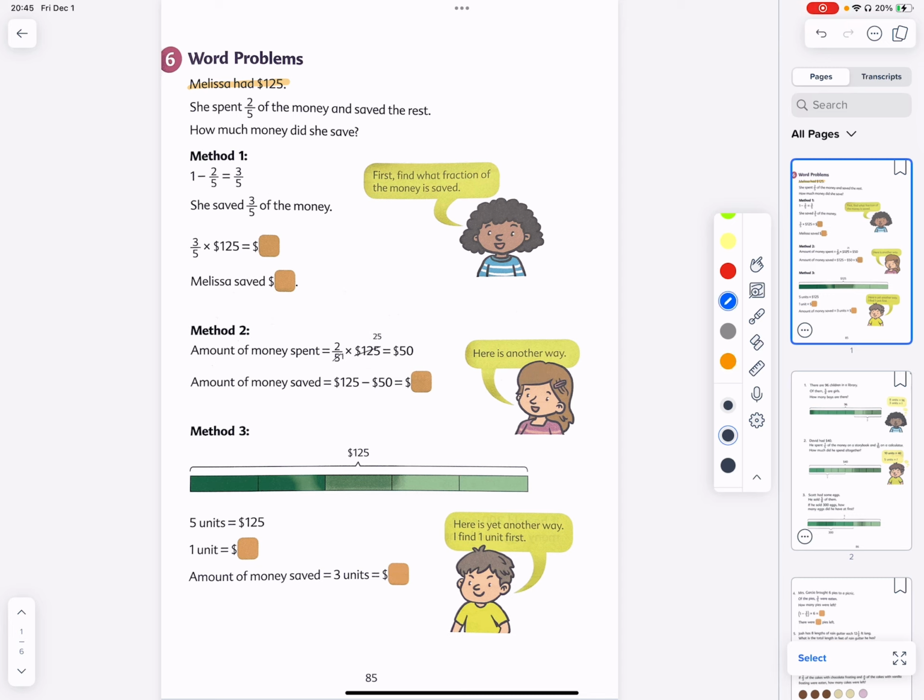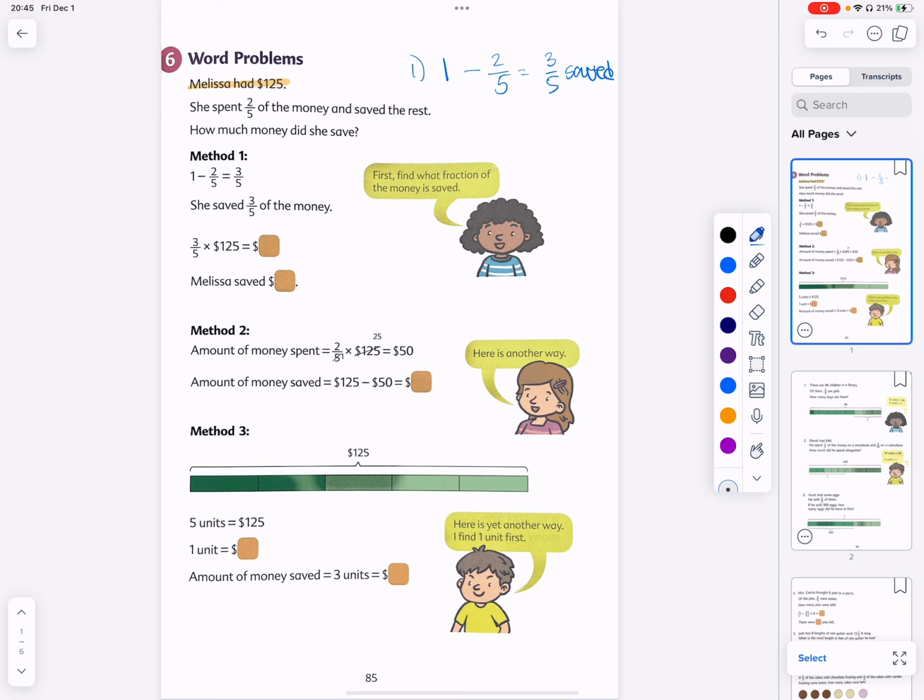Well, if we were to solve this problem, step 1, we would break it into steps. She had a whole thing. She spent 2 out of 5 equal parts, which means 3 out of 5 were saved. And step 2, we need to find out, if $125 were her total amount at first,